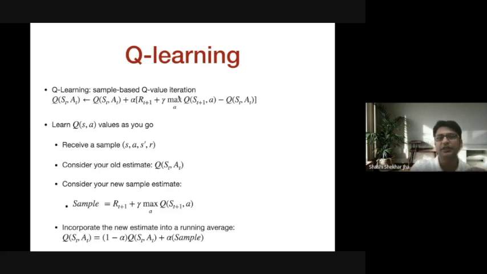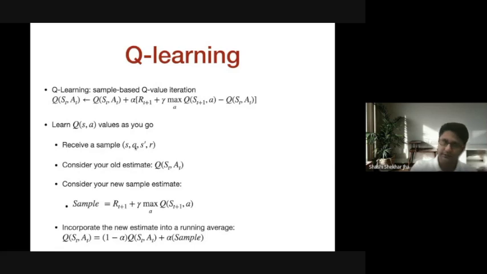How is that done? If you see, the equation almost remains the same. You learn the Q value of a state using its current Q value plus some alpha times the reward that you just got plus gamma times the maximum Q value from the next state. Whatever the next state is after you execute the action, you choose the maximum Q value of that next state. There are multiple actions in the next state; you choose the action which has the maximum Q value, take that Q value, sum it up, and take the difference with the current state's Q value. This is how you define your TD error, and you learn on this error.